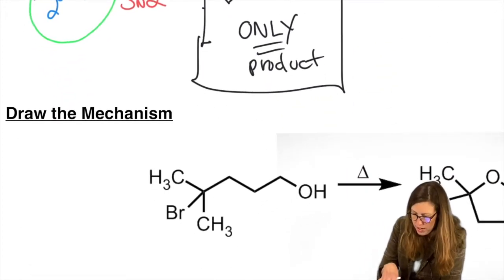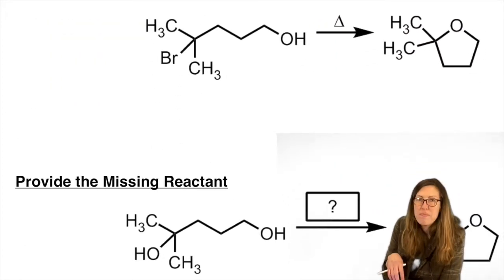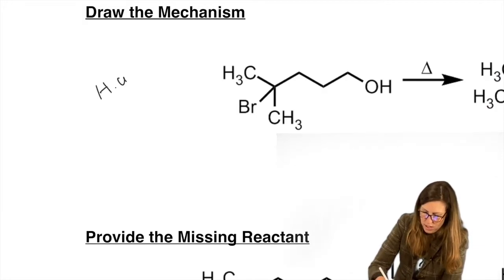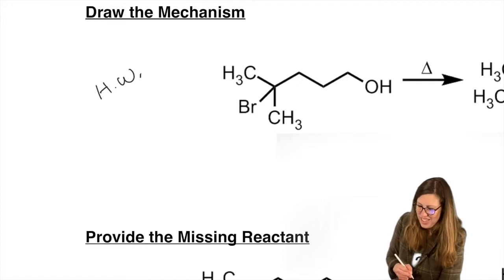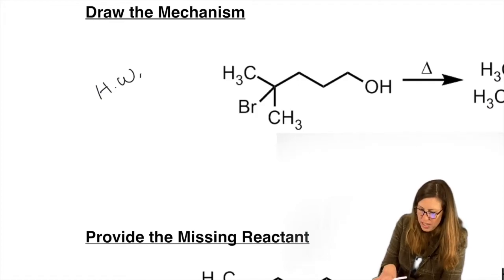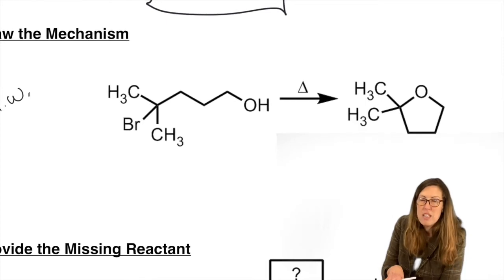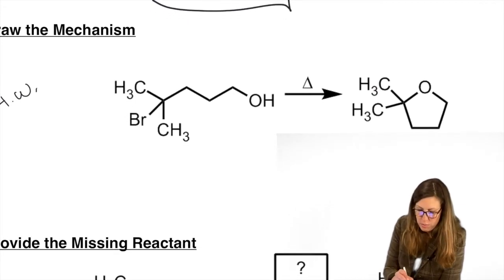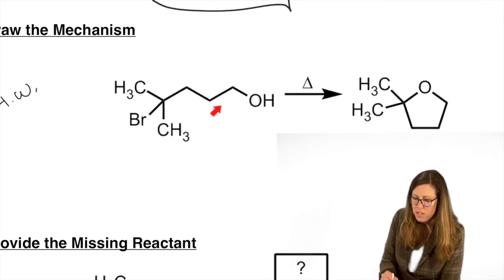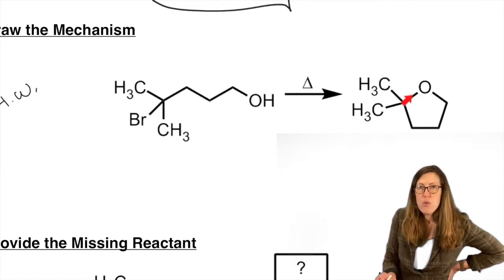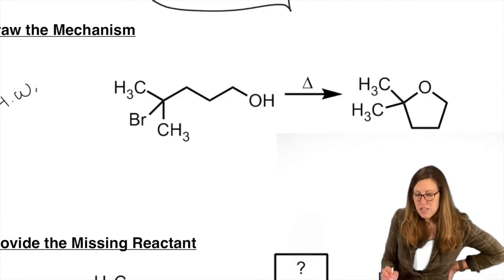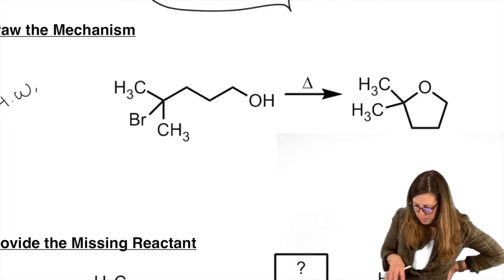All right, so these are a lot of fun. It's ramping it up. Maybe return to it after doing some studying, some nice ring-forming ones. We'll do these together, okay? Give it a try. As you can see, it says draw the mechanism. The product's given, so it's not draw the product, it's draw all the arrows. That's typical of a mechanism problem. Arrows are missing. How did this become this? Show those steps. At least show what you can. If you don't get every part, that's still better than coming back with nothing.